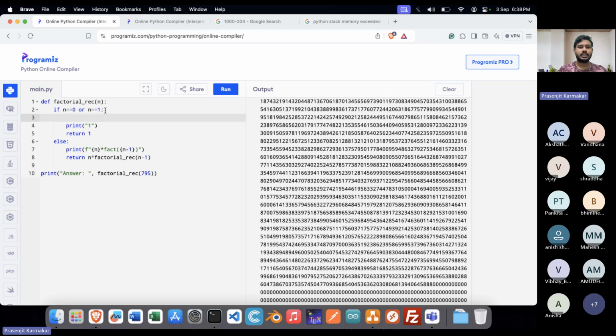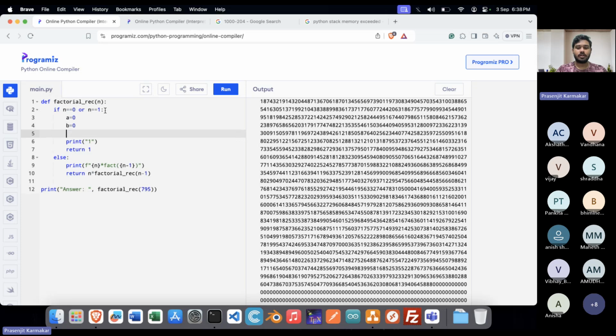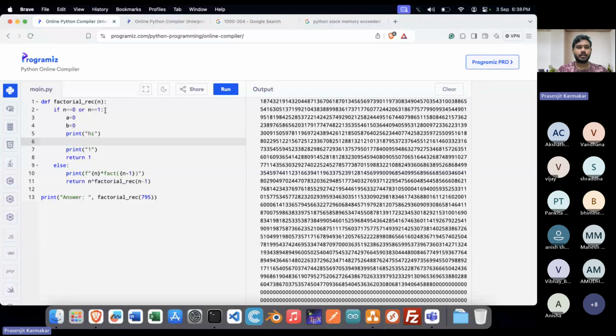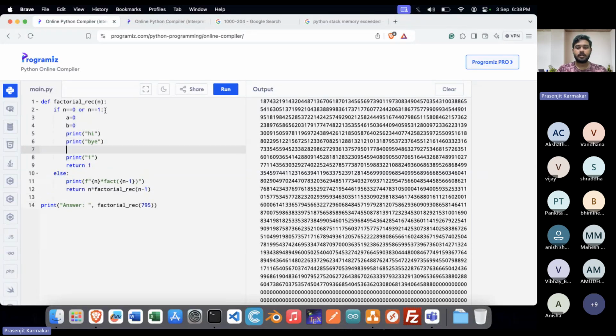So for example, let's just add some garbage, something that doesn't change the code, or basically a print. We are just increasing the function size. This is how we are increasing the function size. Now if I run,